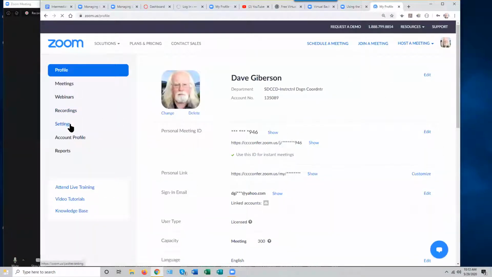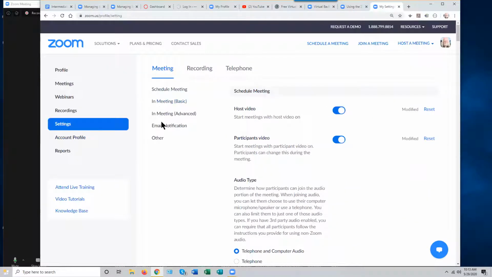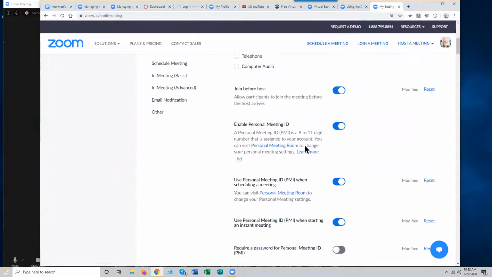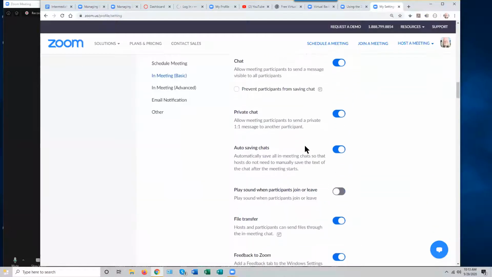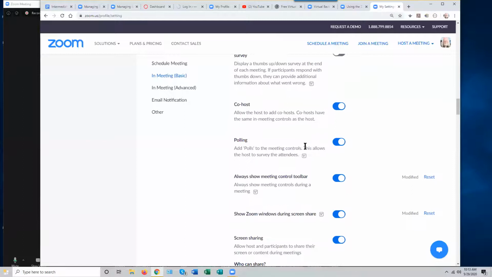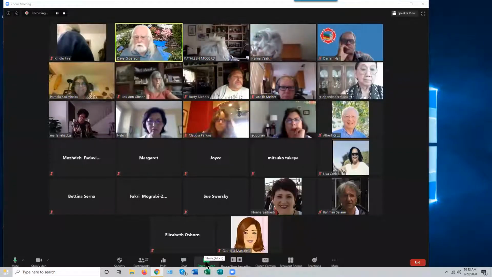The setting for that is buried way down in the meeting settings. And I can never find it other than just going through looking for it. Sorry about this. I know it's a little vertiginous. Here we go. Show Zoom windows during screen share. Okay. If you turn that on, you get this effect that you're seeing with me right now. Show Zoom windows during screen share, where I can show you how to do things,